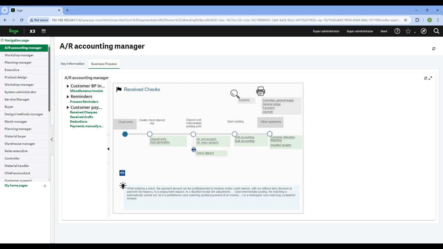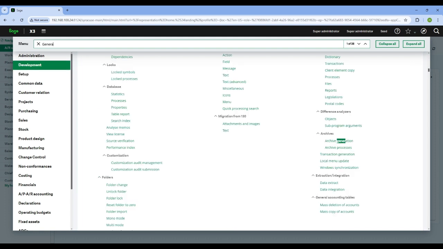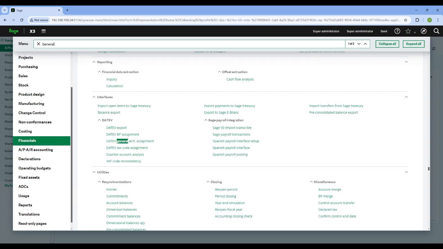But in version 12, to access the menu, you have to go through the navigation. So from navigation here, you see all your menus. Now the difference between version 11 and version 12 is that you can search for whatever function you're looking for. Let me give you an example. Let's say I'm looking for general ledger. General ledger. You see everything that has to do with general coming up, then ledger